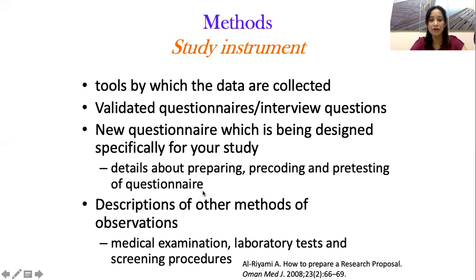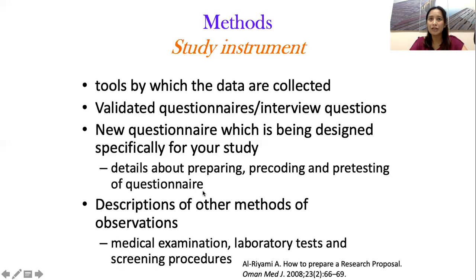So what I mentioned before. So for example, if you're looking at the Ferriman-Gallwey score in order to measure hirsutism. So the Ferriman-Gallwey score is a scoring system where you observe a patient and look for hairs all over the body in order to measure whether the patient has hirsutism or not. So you can explicitly define here how you observe this on your patients. Laboratory tests, screening procedures, BP reading, taking the patient's weight and height, doing anthropometric measurements.